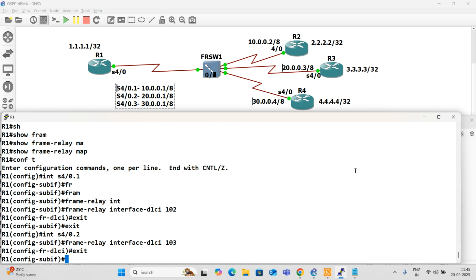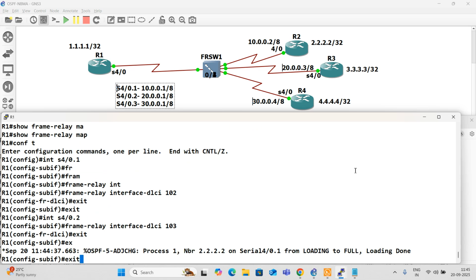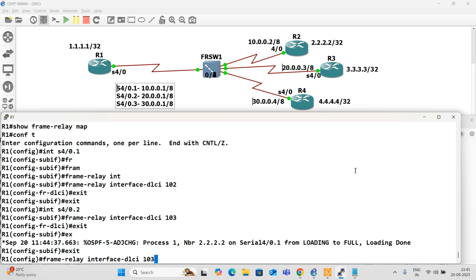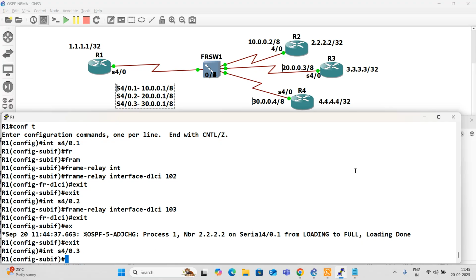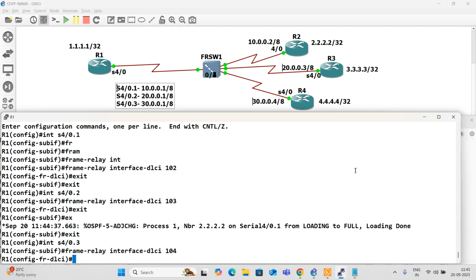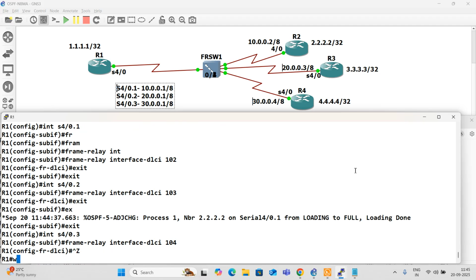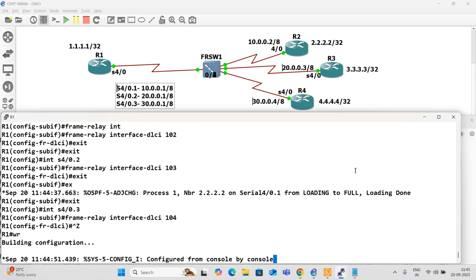And then we go under subinterface 3, interface DLCI number 104. Now after this you will be able to see all the neighbors coming up.